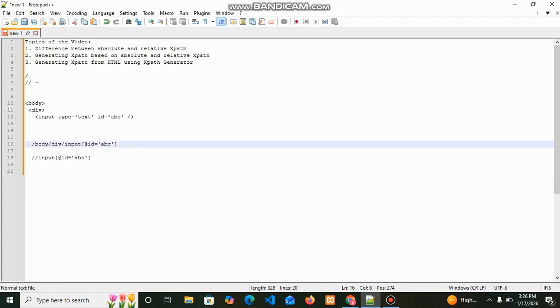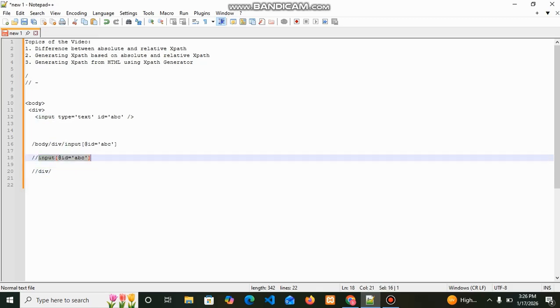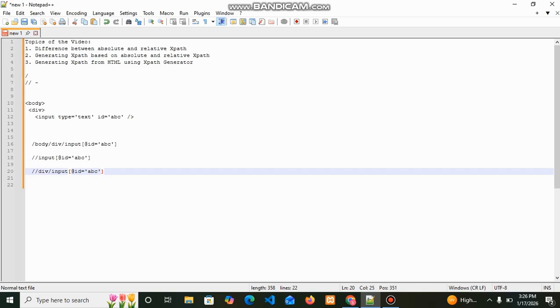In this case, we can find the input element by specifying //div/input[@id='ABC']. So this div will be found based on the relative XPath.